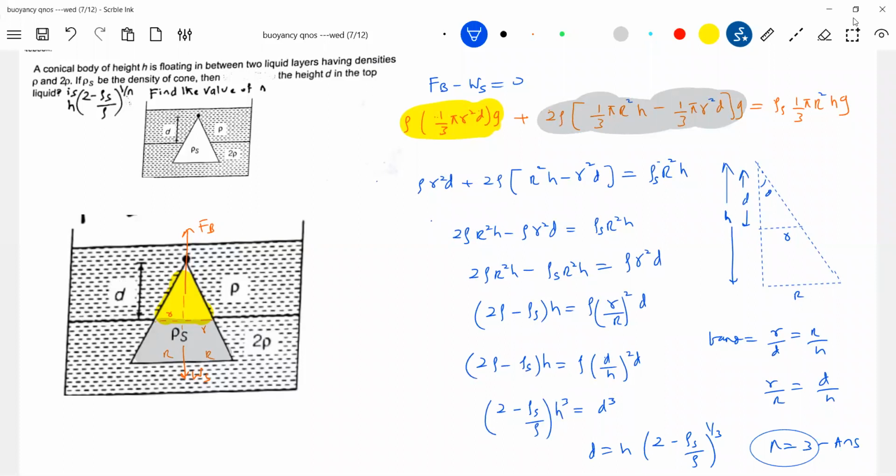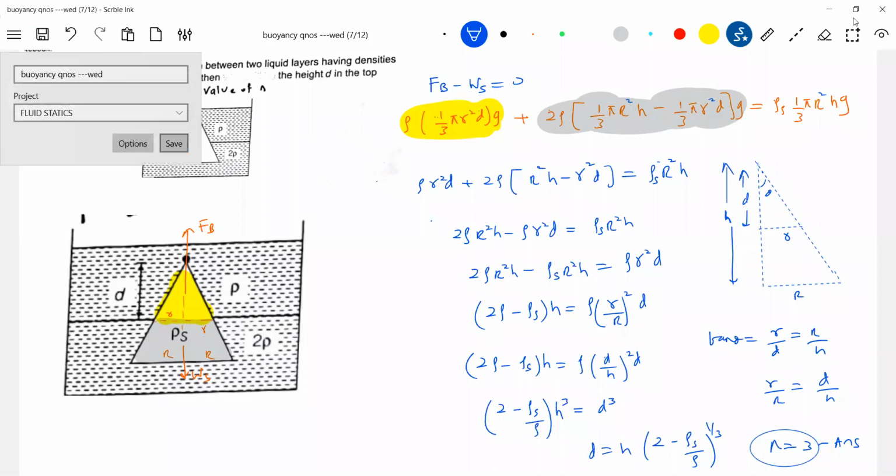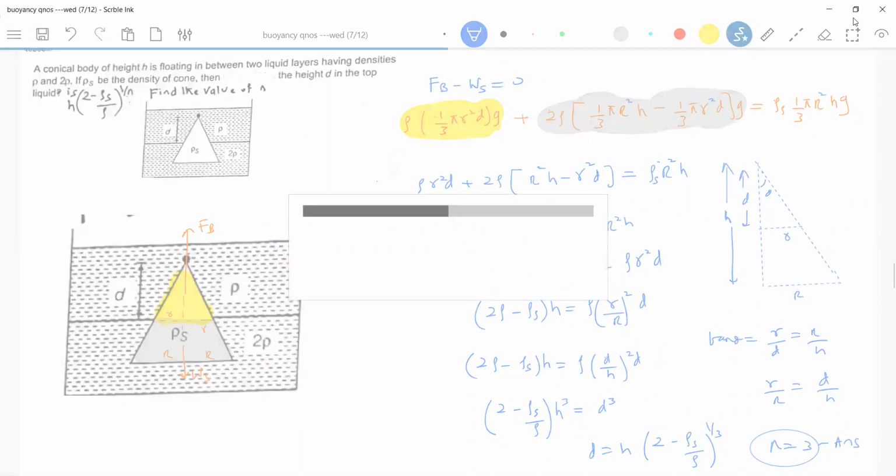So are you slowly getting the idea? Different shaped objects will be immersed in a liquid or at the interface of liquids. No problem. We can just use this condition. Nothing big. So what should you be very good at? The basic geometry, the different shaped objects: how their height, radius, volumes, and center of mass are all related. That is what a student must have awareness of. Nothing more than this is needed. I'll scroll down. One more problem we'll take. 20 minutes time is there.